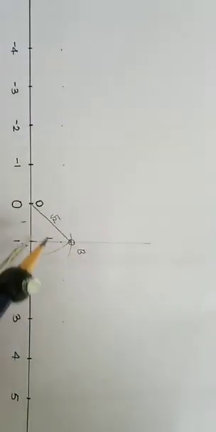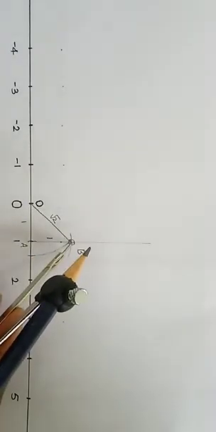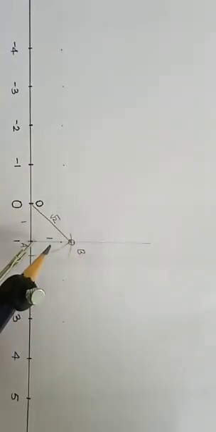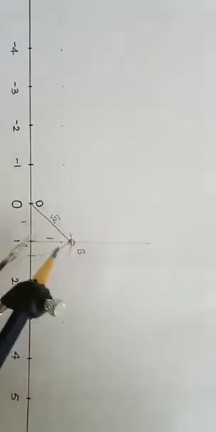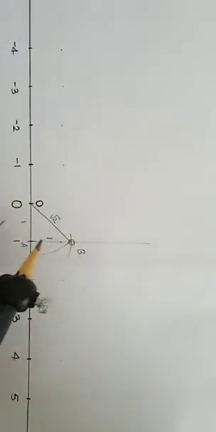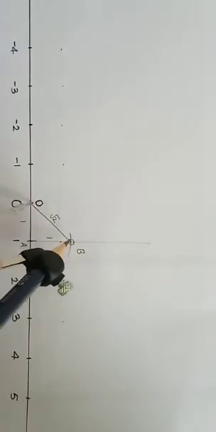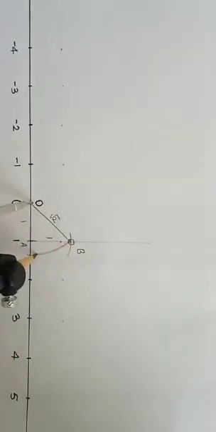So here I got a right angle triangle, with the right angle at A and hypotenuse OB. So this is root 2. Considering the radius as OB, I drew a circle. And where that circle intersects the number line, there I got the point root 2. In this way, I can find root 2 on the number line.